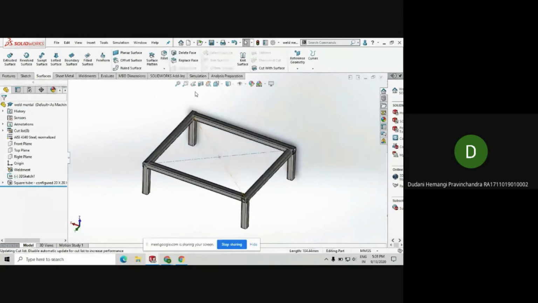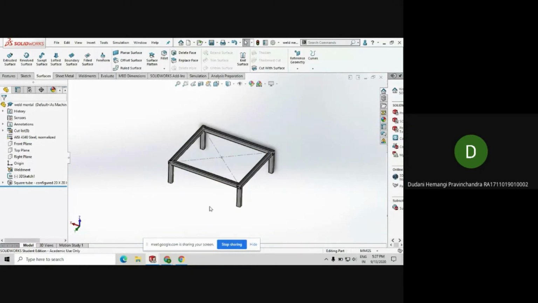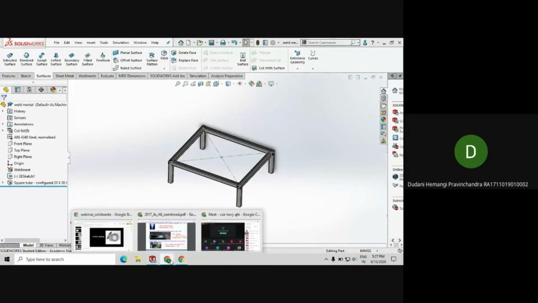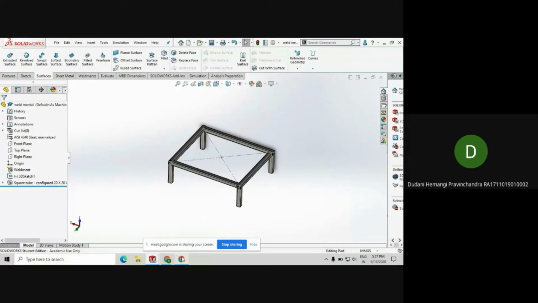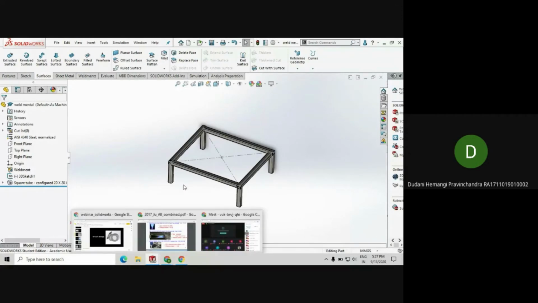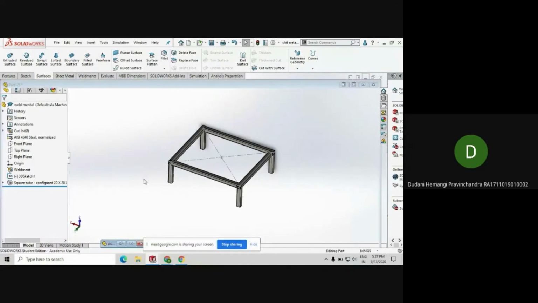The other thing is simulation. SolidWorks allows you to perform some basic simulations like static stress simulation, thermal and fatigue stress simulations, from which you can decide whether your part is ready to be assembled or not. So I'm going to show you a part from the arm that you saw earlier.